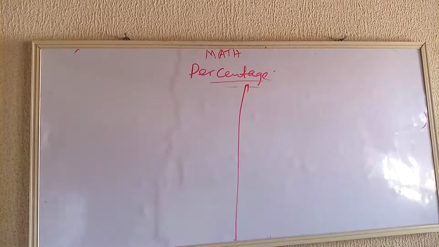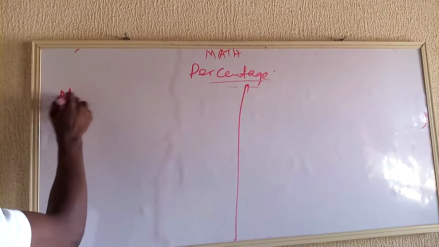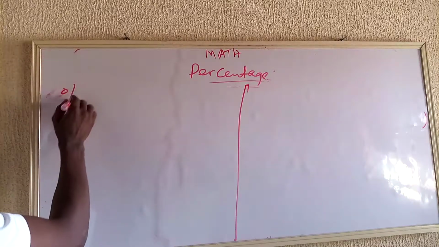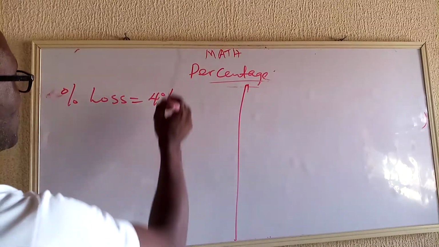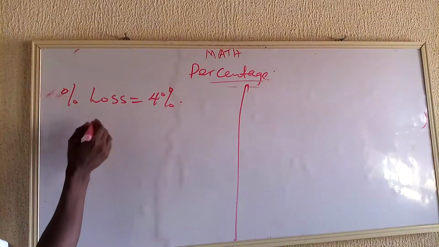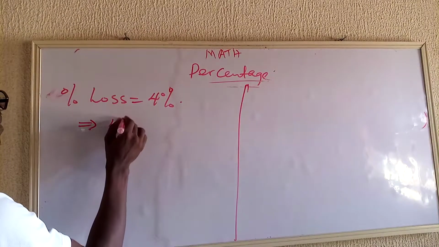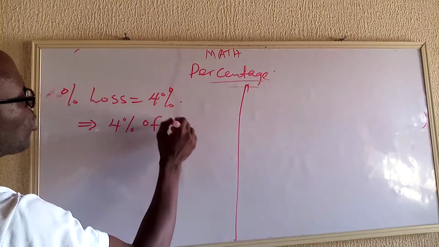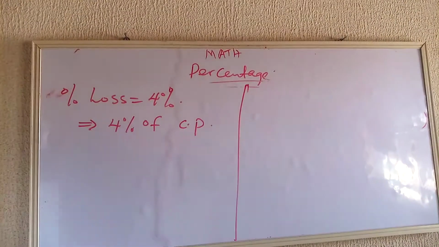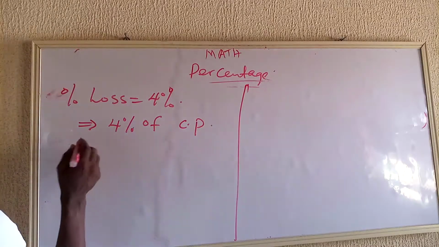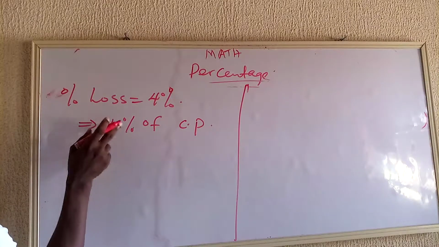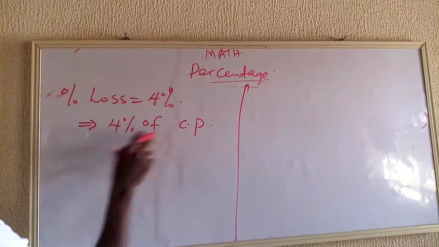The percentage loss we are given is 4%. And this 4% means 4% of the cost price, according to the previous note. And do not forget that we have made X naira to be our cost price. That means if I want to convert this percentage loss to naira now, it will be